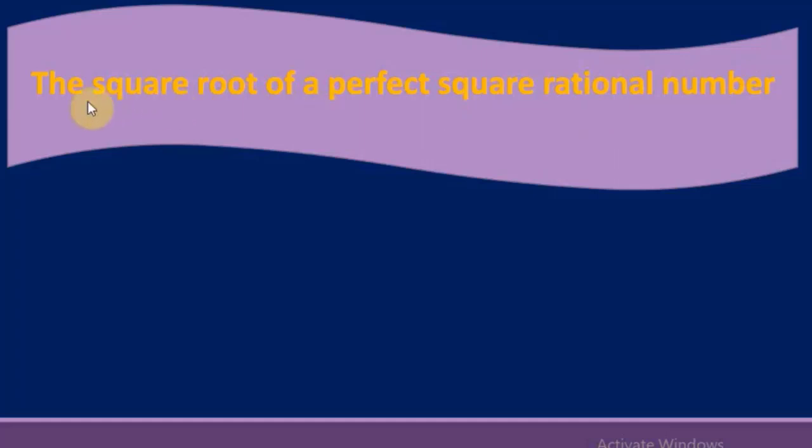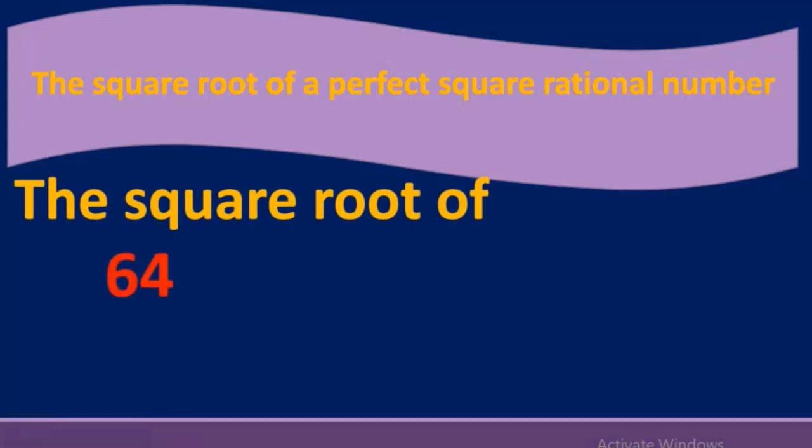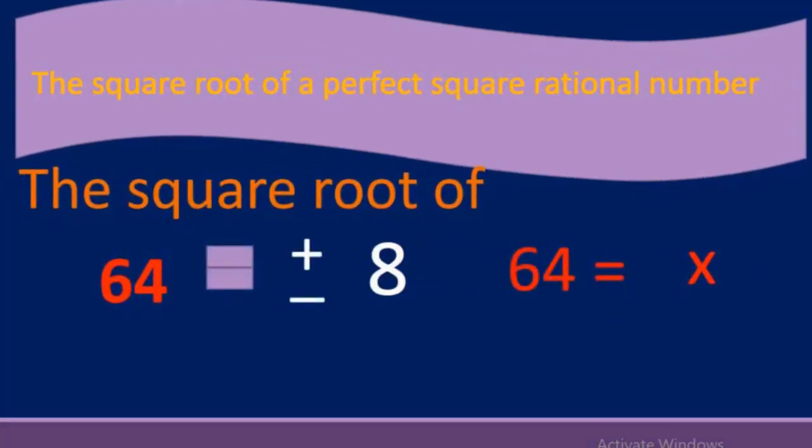Now we want to find the square root of a perfect square rational number, such as 64. We'll try to find two similar numbers whose product equals 64. All of us know that 64 equals 8 times 8. So the square root of 64 will be positive or negative 8,